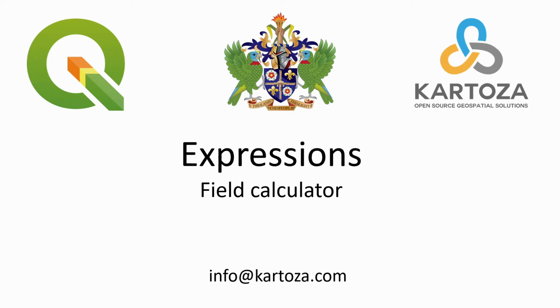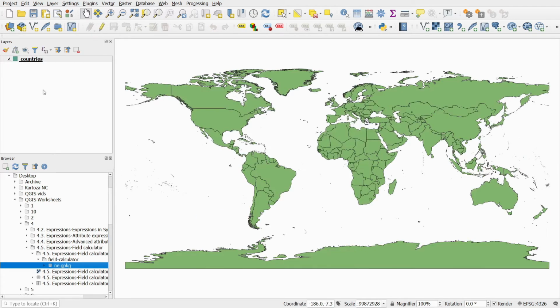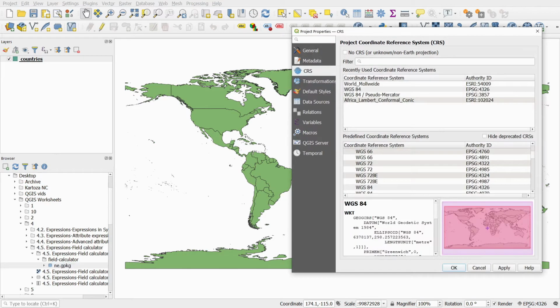In this video of expressions in QGIS, I will be discussing the field calculator. Load your exercise data into the map canvas, and you will see a world map generates. Change the coordinate reference system by clicking on the reference system in the bottom right